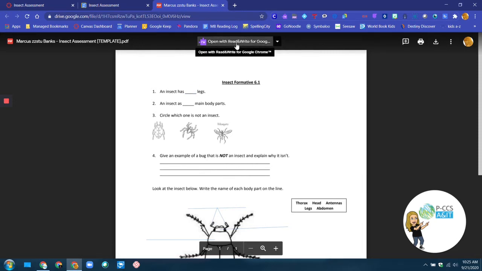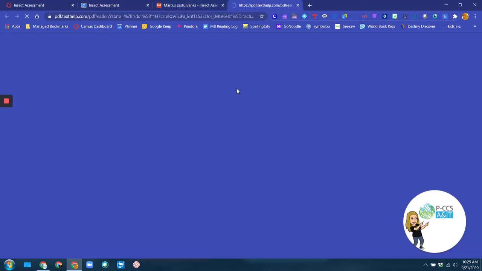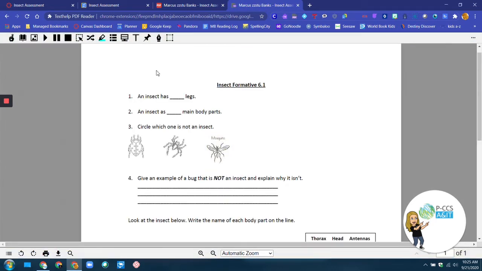So I want to go up to the top to either the preview area that looks like this. You might have something that says Open with Read and Write for Google, but you also might have to click and pick Read and Write from Google from the drop-down menu. I'm going to click on Open with Read and Write for Google, and then my worksheet's going to open within that PDF Reader toolbar, giving me access to that typewriter key that I need to use to type on top